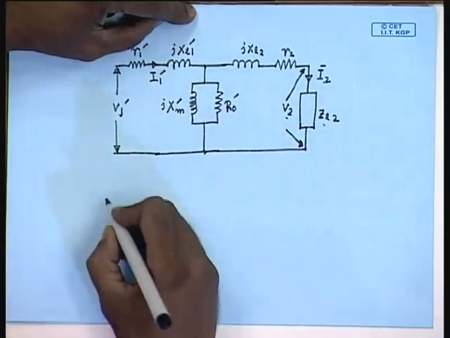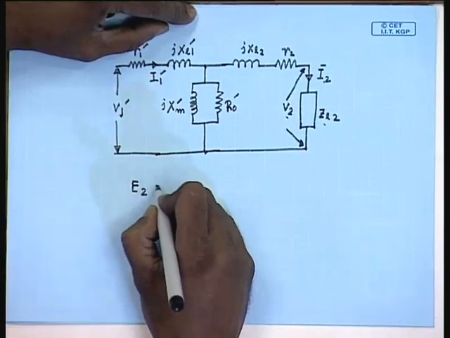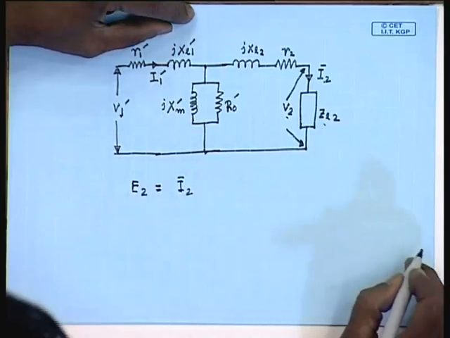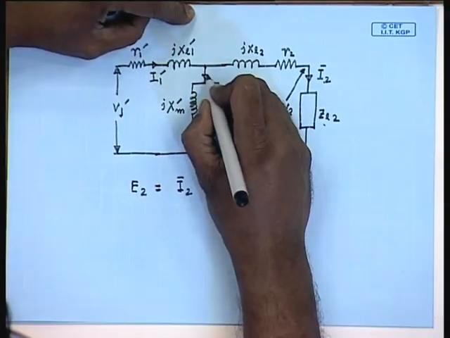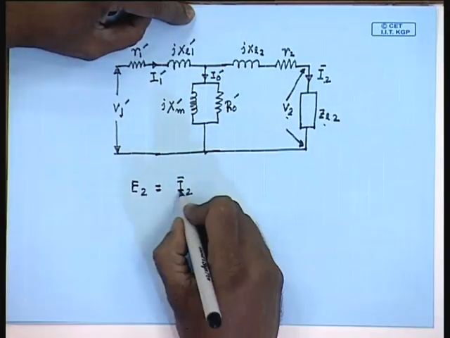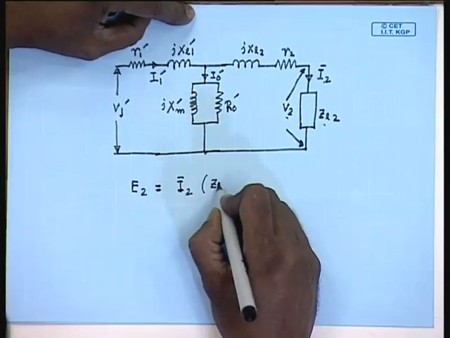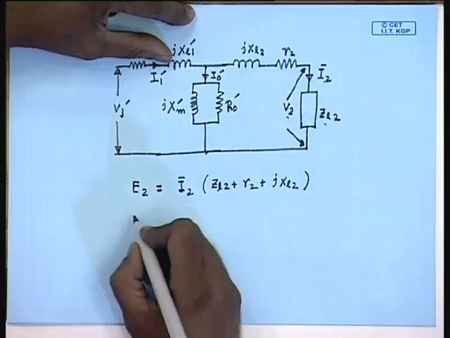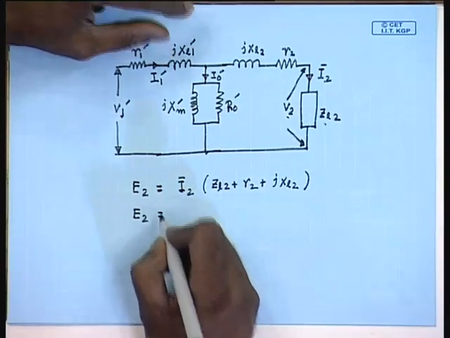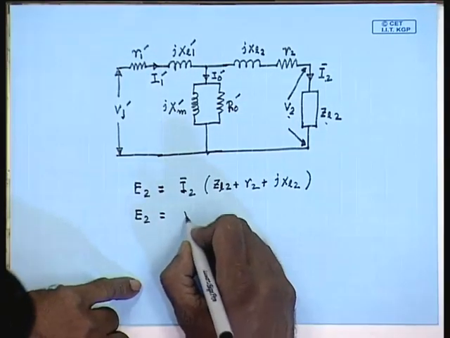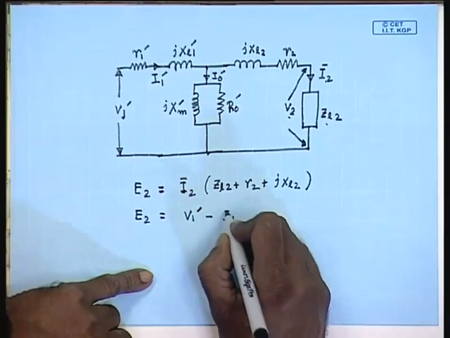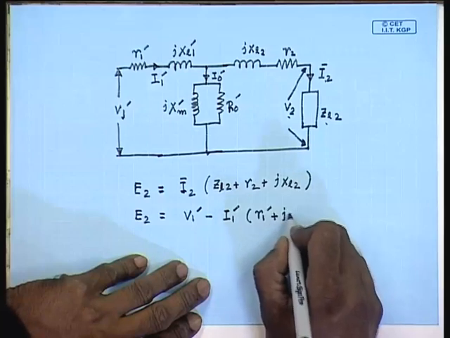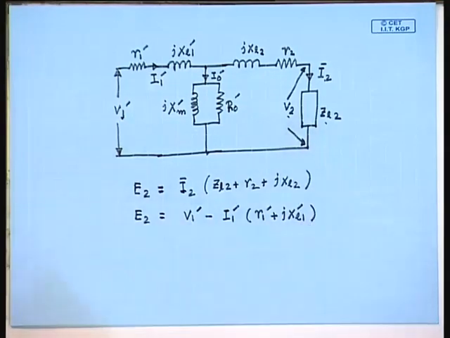The voltage E2 equal to I2 into, also E2 equal to, therefore,